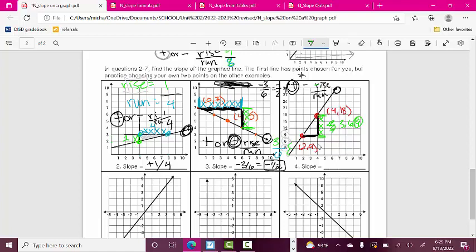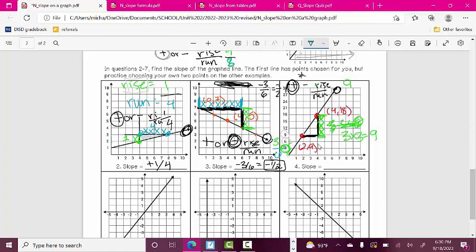So when you've got a scale, you can take the number of boxes that you were counting, which was 3, and multiply it by whatever the scale is. In this case, it was also 3. 3 by 3 is 9. So the rise is 9, and then the run,